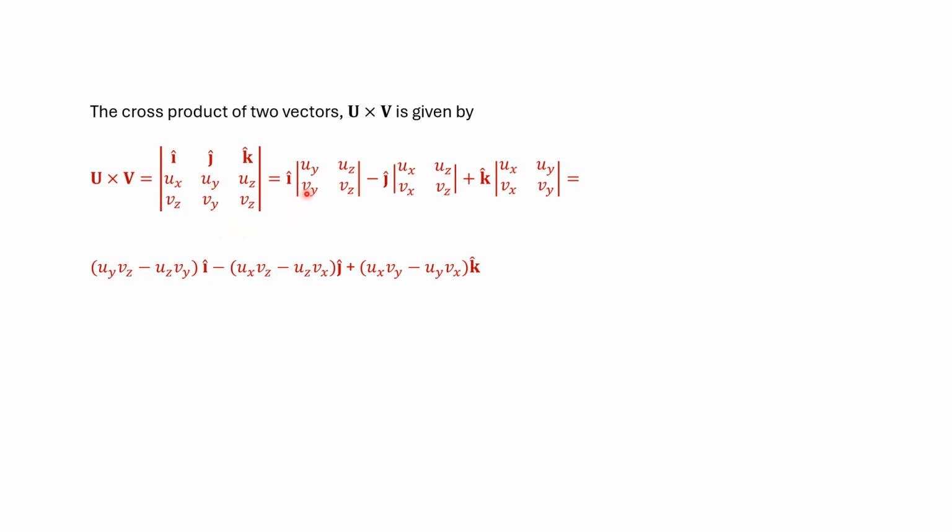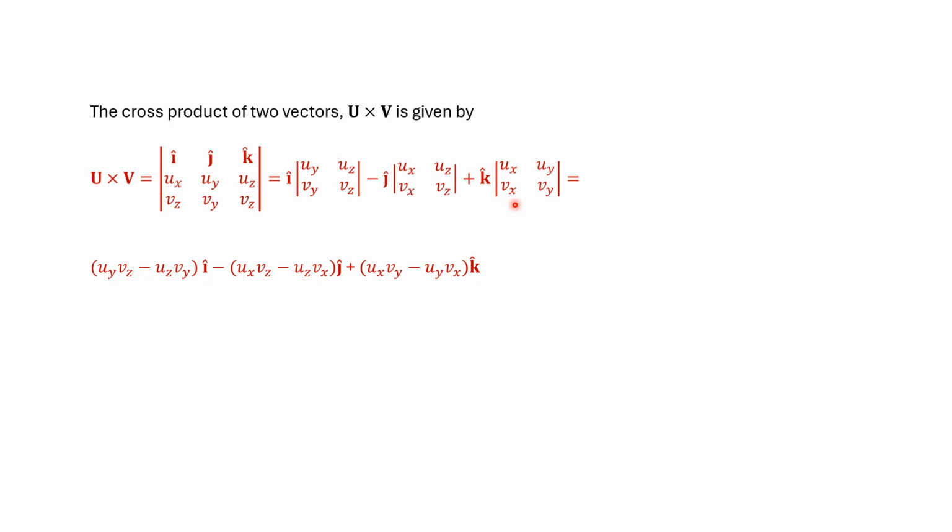This is going to be i times these four, a 2x2 determinant, uy, uz, vy, vz, minus j times ux, uz, vx, vz. There's a little typo here. That should be an x. Plus k and we take these four,